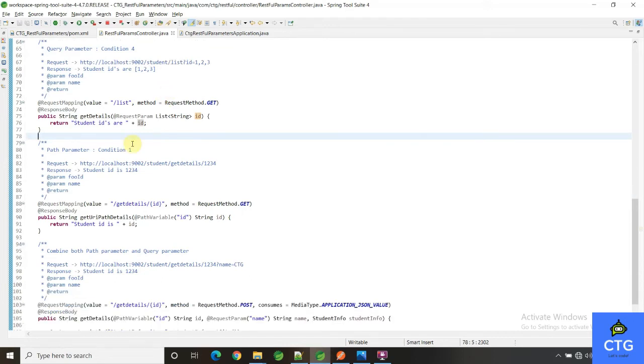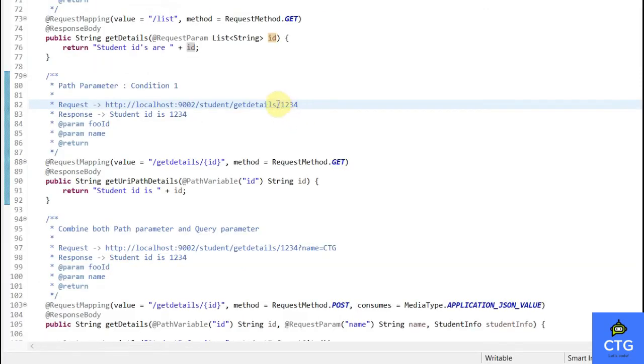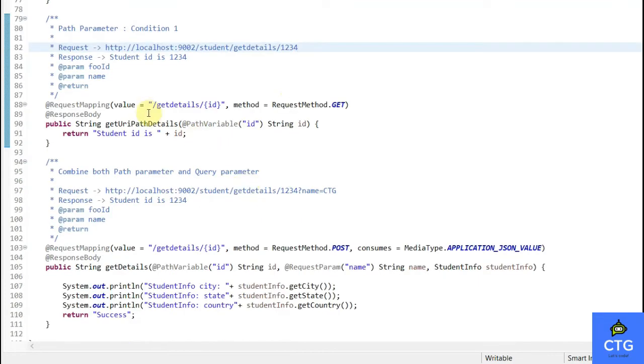Now we will discuss the path params example. We already discussed the syntax of path param. We have to define the value followed by the slash, basically the path. Now, how to fetch this value in the code is we have to define the path param. Here, for example, in the URL we are passing only the value, right? We are not defining any key.